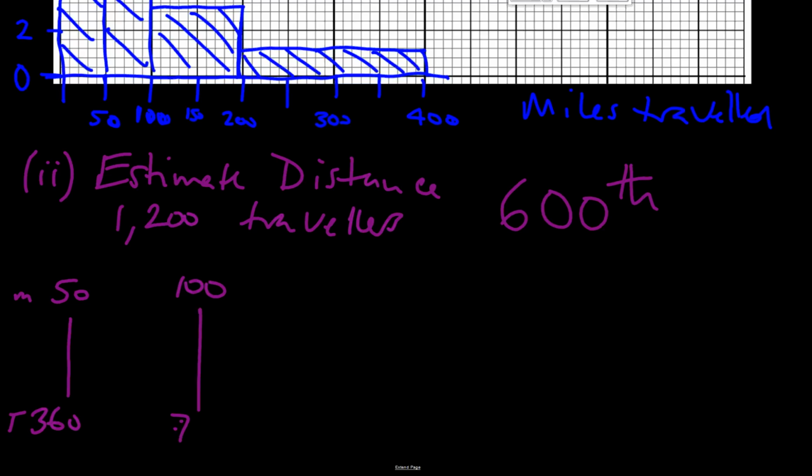That's 760. So if we did it, we can see that we need to find where the 600th traveller is from the bottom. So this is one way of doing it, is to look at how far that would take us over the 50 miles, isn't it? So we started at 50 miles,